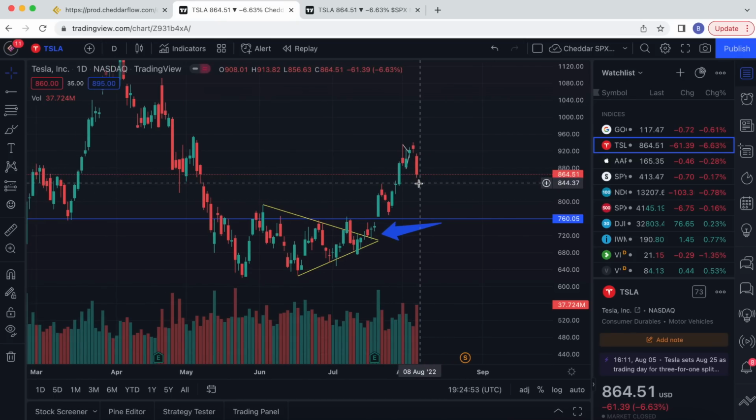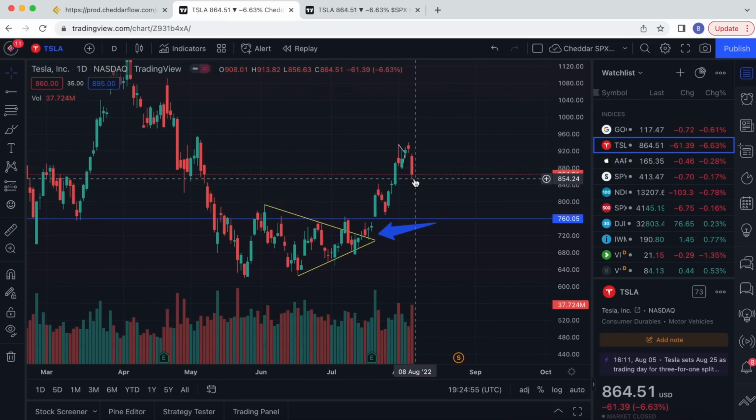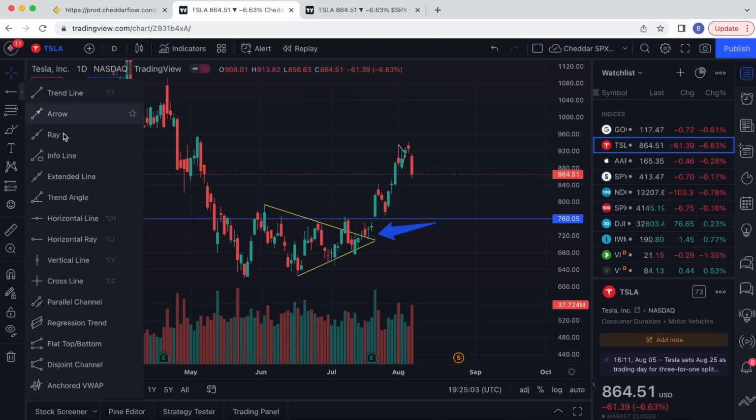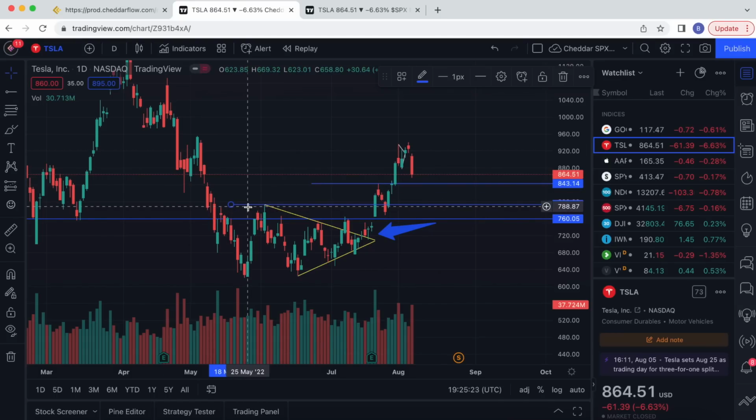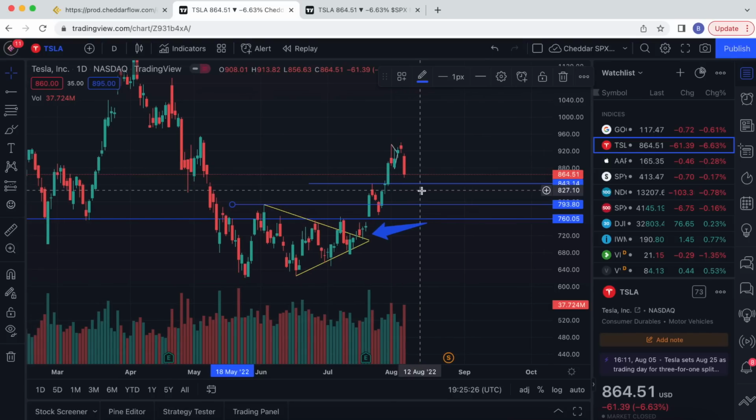One thing that we do have to be cautious of during this pullback of Tesla is that this was one of the leaders of the big caps for this large cap rally, especially for the market-wide rally in SPY. So we need to make sure that certain levels, such as 843 right here, and also this other level here of 793, are able to hold, because if not, this could lead to a lot more downside, especially if 760 goes. If 760 goes, make sure you highlight this on your chart, then there's going to be a lot more downside